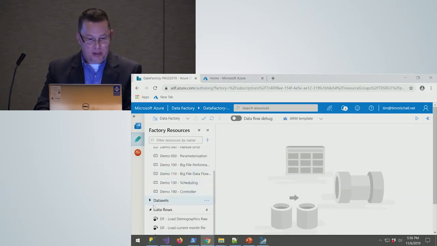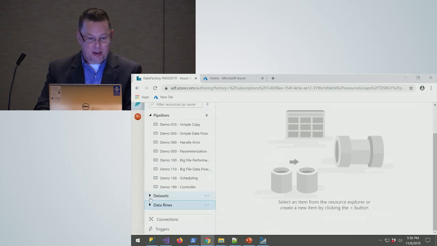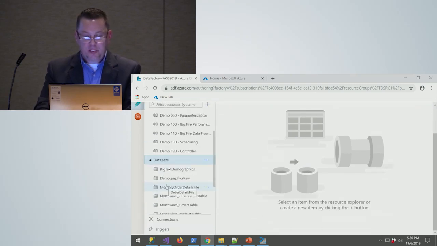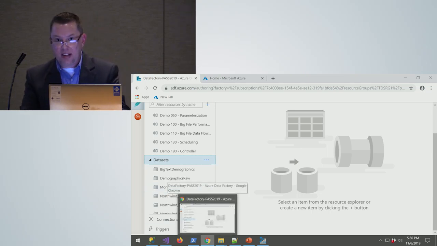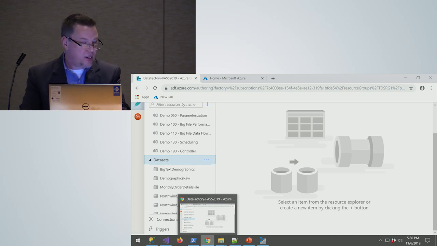If I scroll down just a little bit, you'll see I mentioned the data sets that we talked about a little bit earlier. The way data sets are implemented in Azure Data Factory is that any table, any file, any data store that you connect to will need to have a data set defined for it. You didn't have to do this in Integration Services. It's another layer of metadata management. It's not necessarily extra work, but it abstracts that data set definition from the actual loading logic. So if you need to reuse the same file or the same table over and over again, you don't have to redefine that data set each time. You define it one time and reuse that throughout your entire data factory.